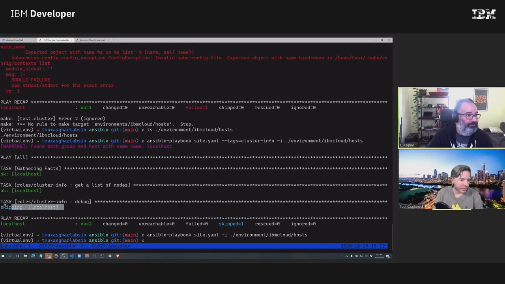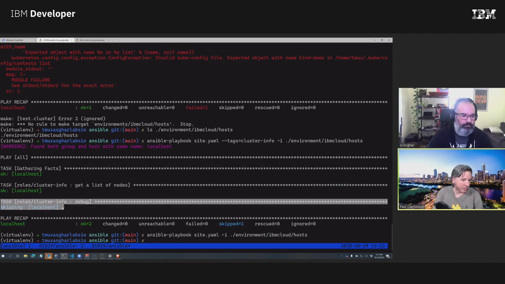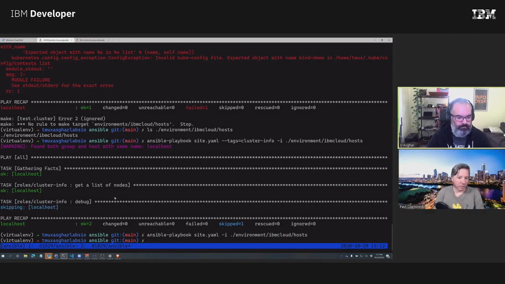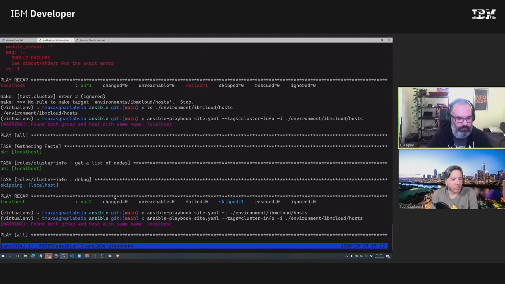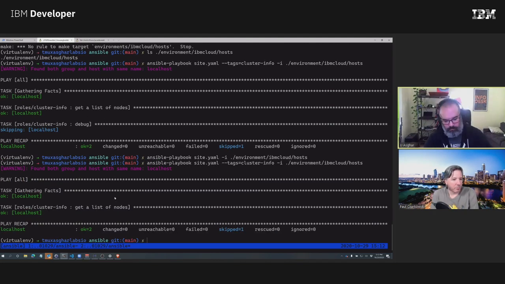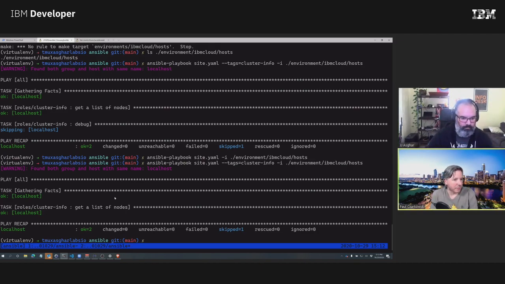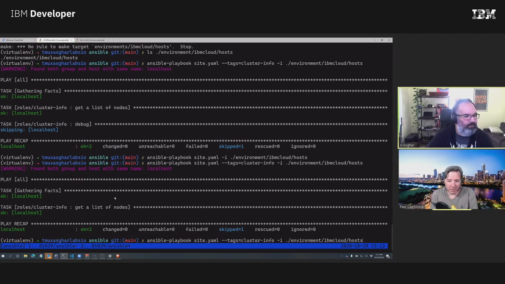Yep, I've seen that before. And you can see here, we've got this says skipping localhost, right? So if we rerun it, it now just doesn't say anything about the skipped task. Oh, nice. And so that helps keep our output nice and clean.